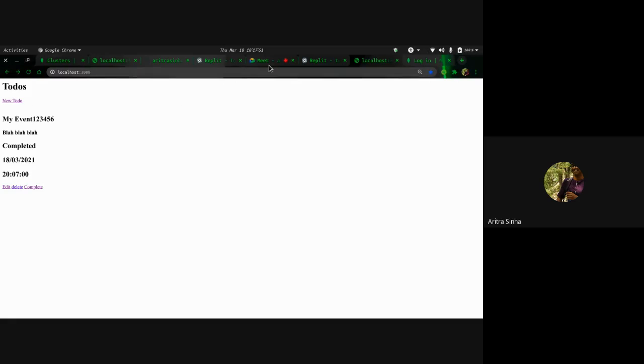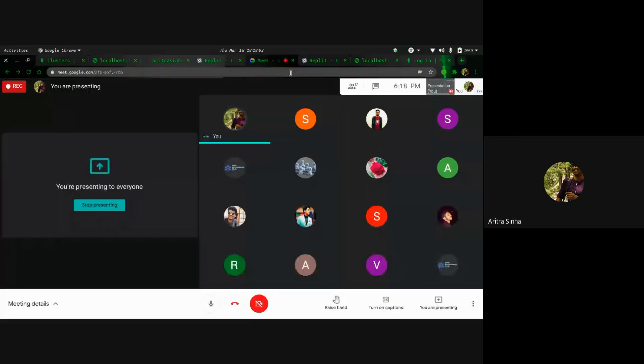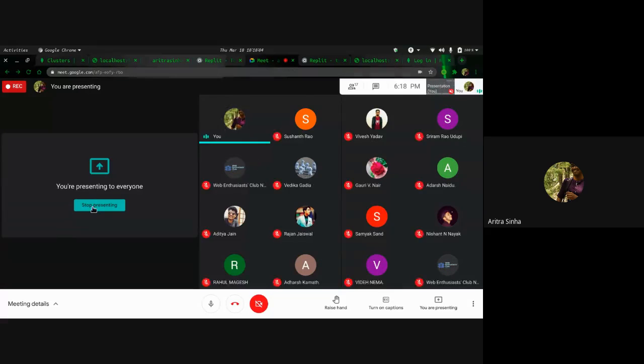This is a basic to do application using Node.js, and if you want to move ahead and work with something else, you can use something like socket.io and try to create a chat application, basically using WebSockets. You can read about it in the documentation and try to figure out things by yourself. Yeah, that's all.